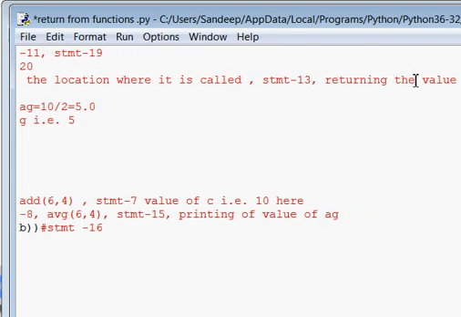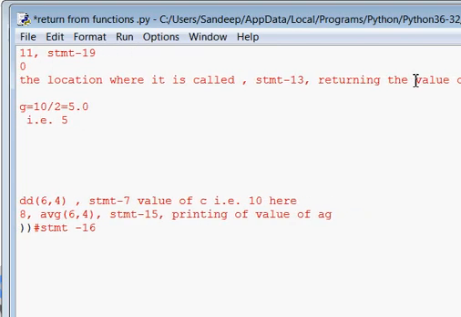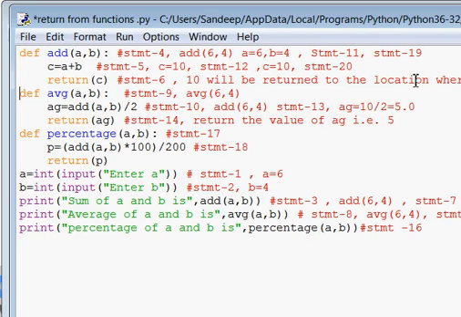This is your statement 21, and after statement 21 we are coming back to statement 22. This is your statement 22, means this statement was statement 21, and due to this the value of C will be coming here and replacing it. So you will be seeing percentage of A and B is this.